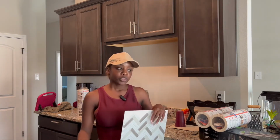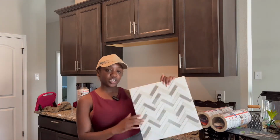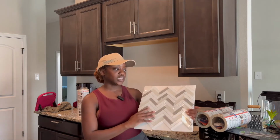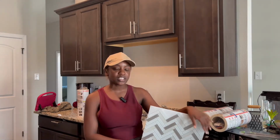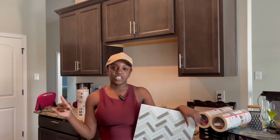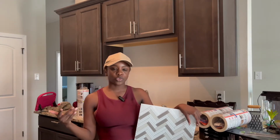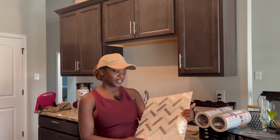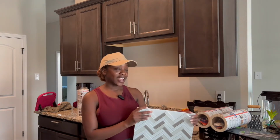I went to tiles, and then I selected clearance tiles, and I think it populated maybe 20 selections. And so out of those selections, I selected whichever one would look great in my kitchen. I only ended up paying $3.08 for each of these, and I have about 36 pieces. The square footage of this area is going to be up to 35 square feet, so I ended up getting 36 pieces. And that came up to